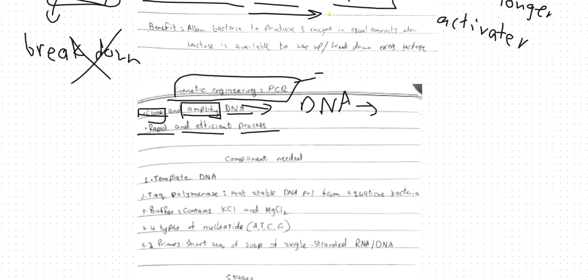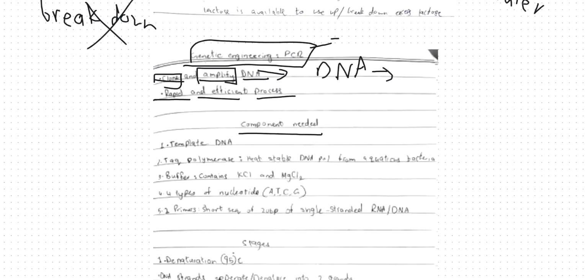So what are the components that you need? First of all, you need template DNA. Second, you need a Taq polymerase. What is Taq polymerase? It is a DNA polymerase that is heat stable, and it is acquired from aquatic bacteria, the bacteria that live in water. Taq polymerase is taken from here. And you also need a buffer solution. A buffer solution basically